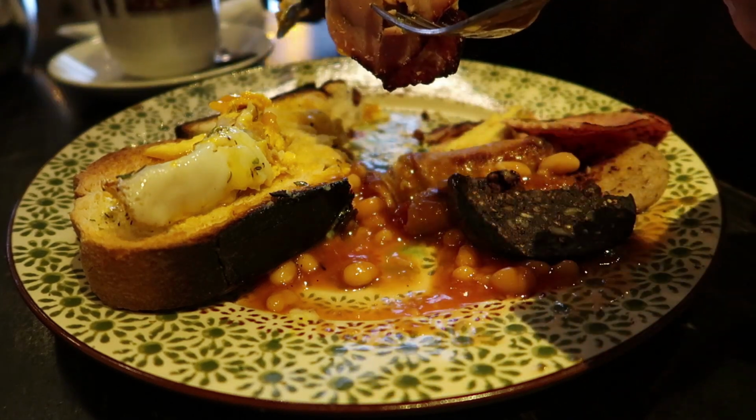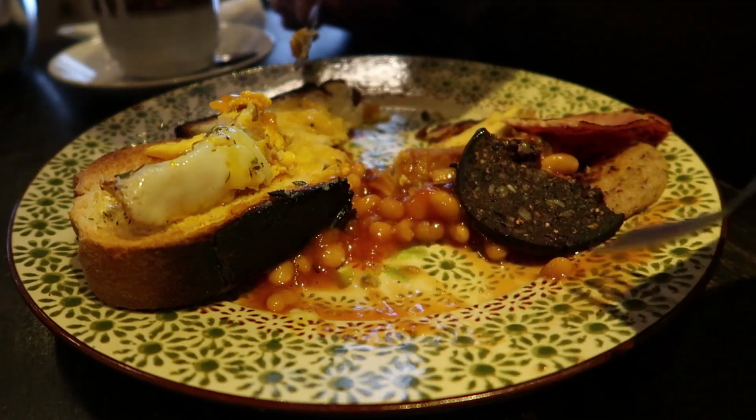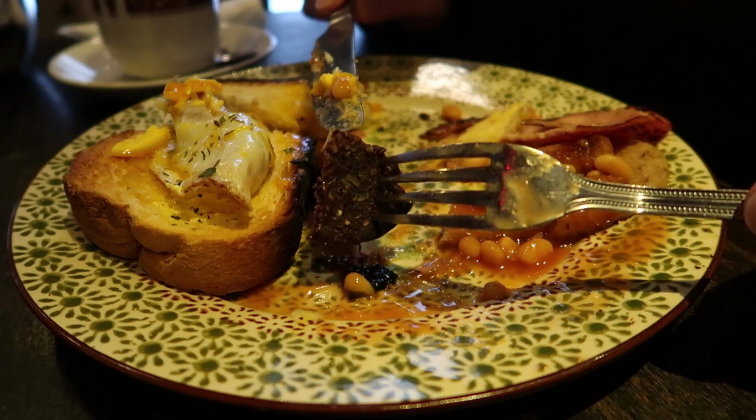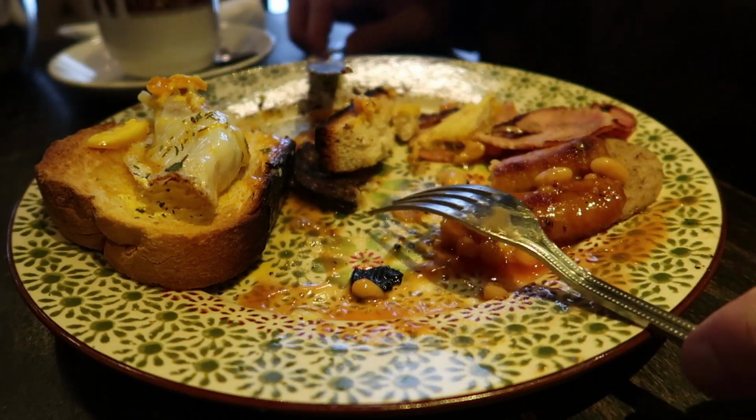Anyway, this dish was actually pretty good. The eggs were perfectly cooked. The beans were cooked okay, but I really like the black and white pudding though. Now the bacon, if it's just like the bacon we have in the US, then this whole thing would have been perfect. So after breakfast, we're gonna cross the Millennium Bridge and then